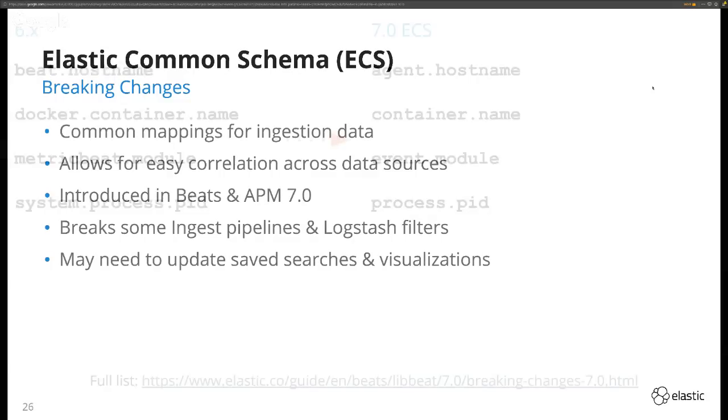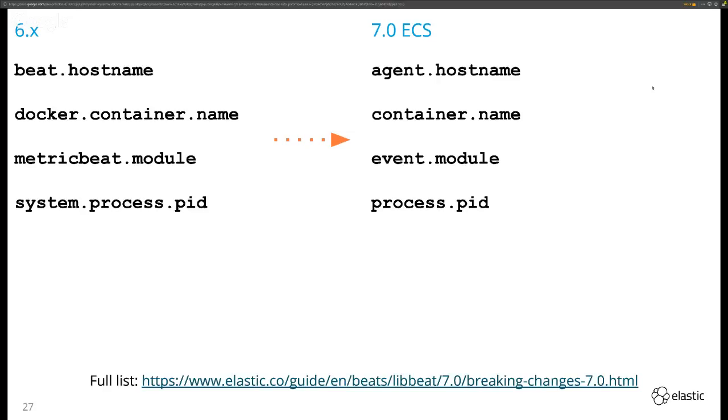So as an example, here are some of the names that changed. If you're using docker.container.name, that field is now container.name on any indices created by Beats 7.0 or APM 7.0. And here at the bottom, you can see a list of all of the field name changes. So you can easily do a find and replace on any of your ingest pipelines or Logstash filters, or any of your visualizations or saved searches that may need to be updated